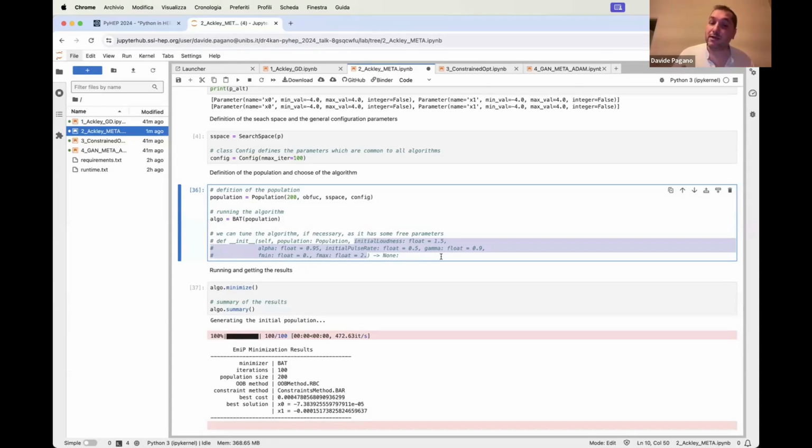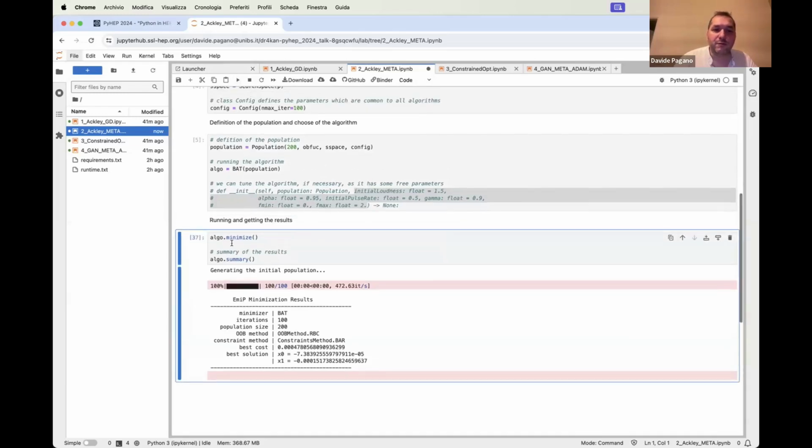Now, this is what I was talking about before, the fact that each metaheuristic algorithm has its own tunable parameters for performance, of course. Now, we set default values coming from an optimization problem. So if the user doesn't have an idea about what this algorithm does, they don't need to change anything. So those parameters work out of the box. Of course, for complex optimization problems, you can help the algorithm by changing those parameters. Okay, let's execute this.